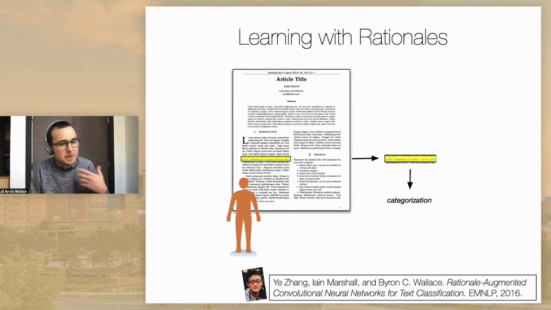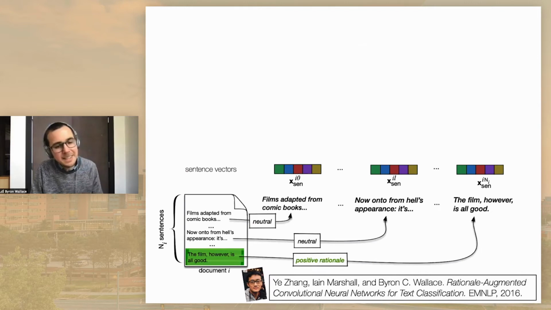So a number of years ago now, actually this was 4 years ago, which in the timeline of modern machine learning and natural language processing is like 3 or 4 decades, I think. But nonetheless, the model that we currently have in Robot Reviewer is still using these rationale augmented convolutional neural networks that we introduced. And the idea here, I'm not going to go into the nitty gritty too much given the audience, but the general idea is